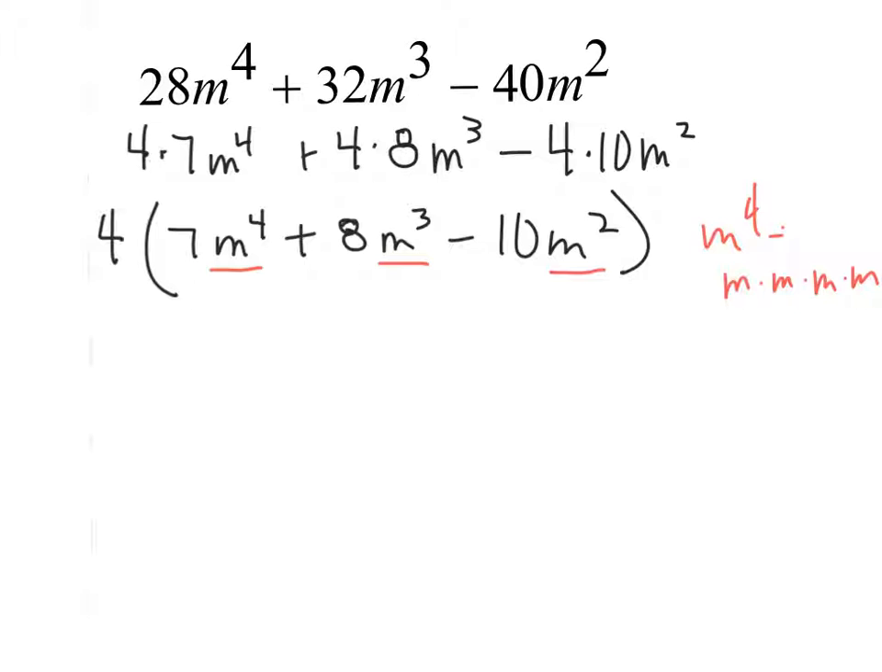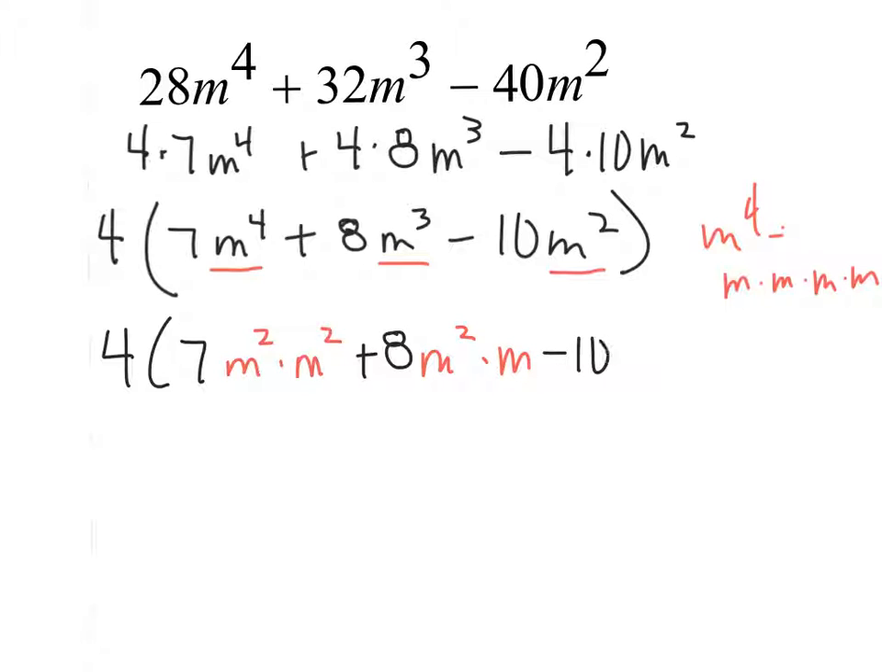squared. So like we did before, we have our 4 out front and we have our 7, but our m to the 4th is the same thing as m squared times m squared. And we have our plus 8, and then our m to the 3rd is m squared times m. We keep our negative 10, and our m squared is simply m squared. So now we can see that each one of these terms has an m squared in it, so we're going